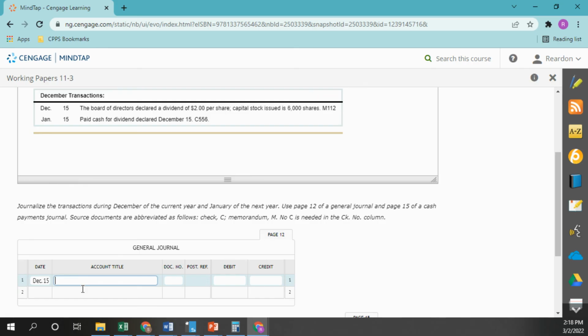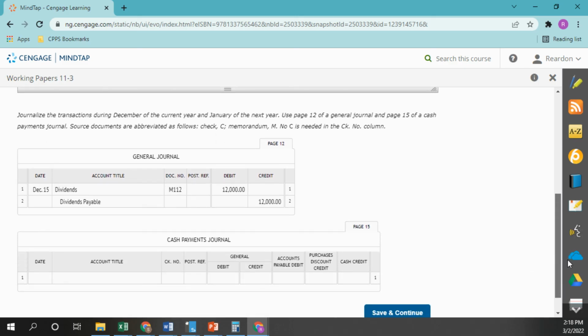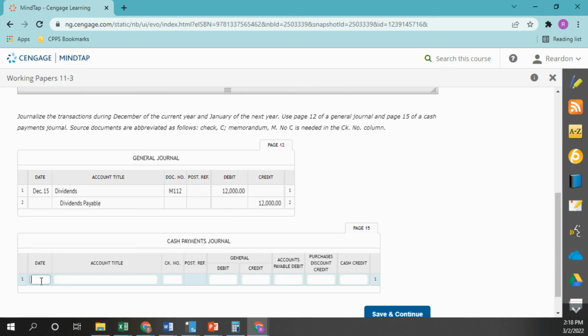I mean, Microsoft declares dividends of 15, 20, 25 bucks a share. $2 is nothing. So I'm going to debit dividends. Let's spell it right here. Memorandum 112. Debit 12,000, 2 times 6. Credit dividends payable, boy, I have a hard time spelling today, for 12,000. Again, a legal liability of the company. Pretty straightforward. Okay. Then on January 15th,